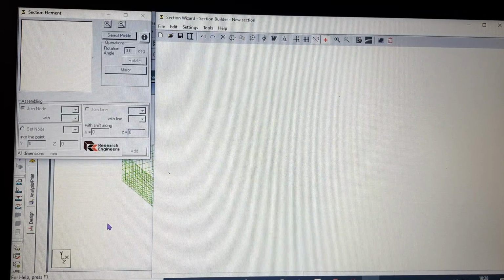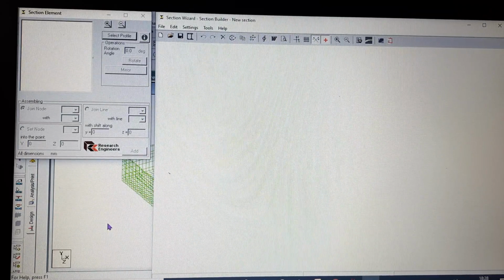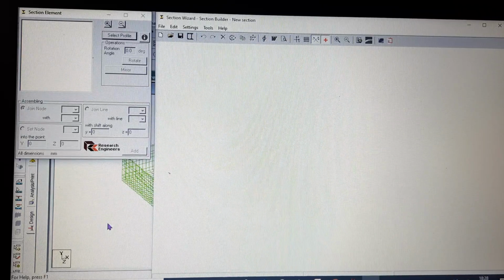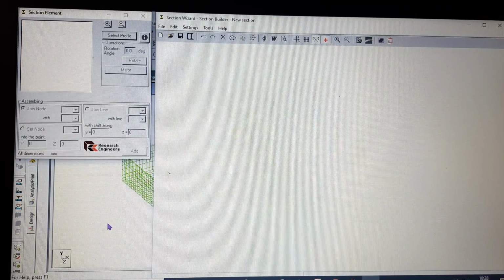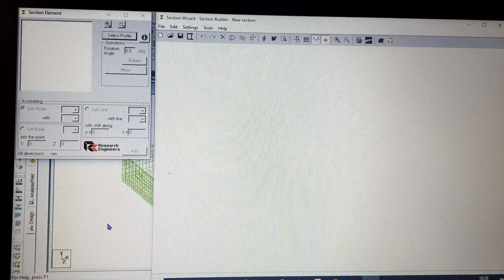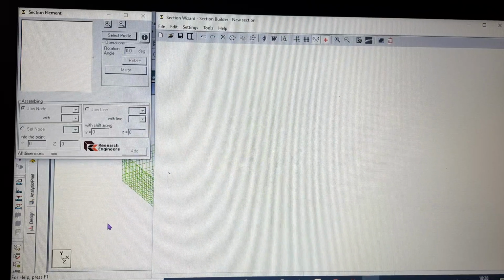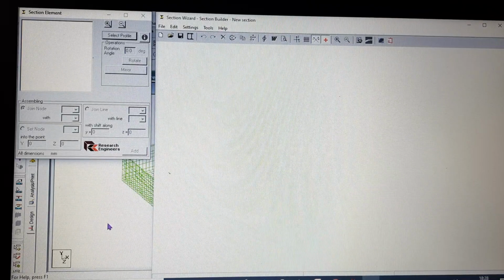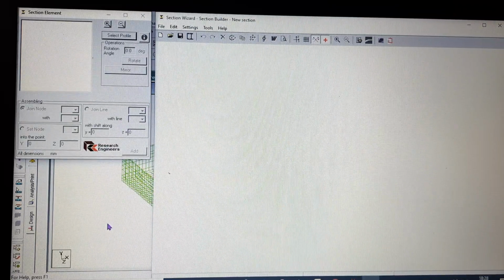In case you want to model an I beam or H beam in your structure, and you want to see the profile of those structures, this is the window through which you can model and get the geometry, and with the help of this geometry you can put this property in your create user table, and use them as you want in case you don't have them in your standard library.